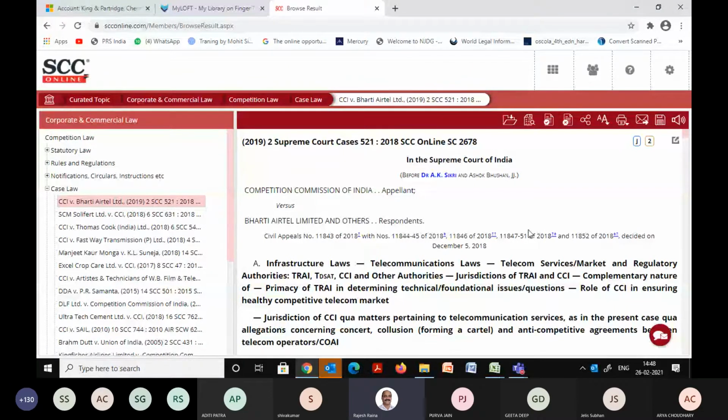I got the text. Now in the text window, you will find that it is a two judges bench, Dr. A.K. Sikri and Justice Ashok Bhushan. Now in this, Dr. A.K. Sikri's name is highlighted in bold. That denotes that this judgment has been authored by Dr. A.K. Sikri. That's one indicator. Then the rest of the icons which you see associated with this judgment are all self-explanatory, most of them.